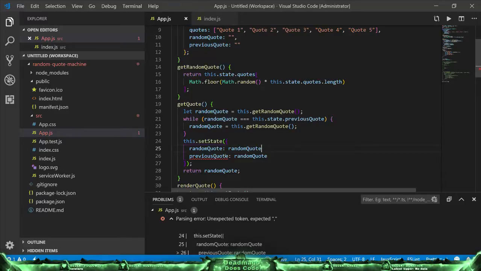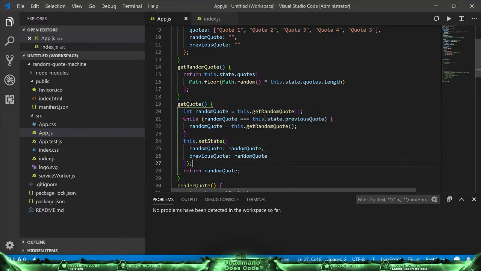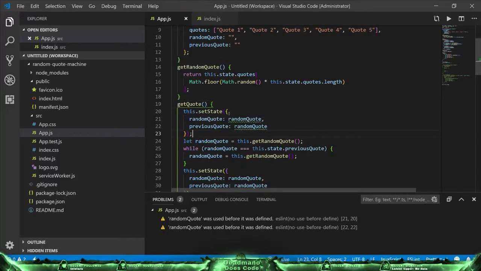The only problem now that I'm thinking of is, before we do any of this, set state needs to set previous quote to random quote, to whatever it is right now. So before we even do anything, we need set state and random quote, sorry, previous quote needs to be